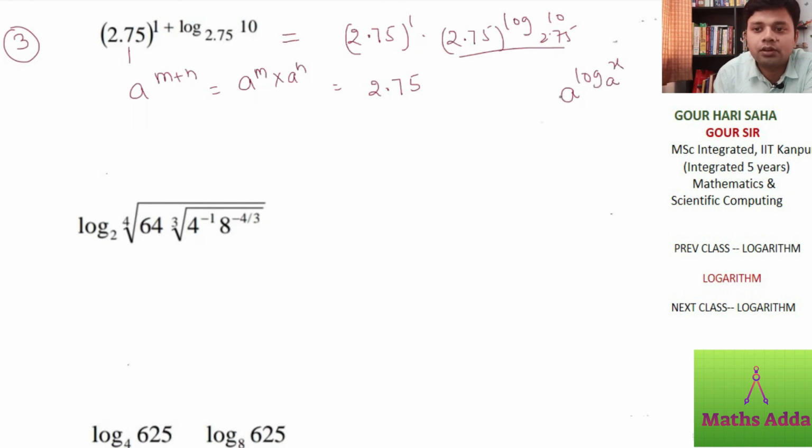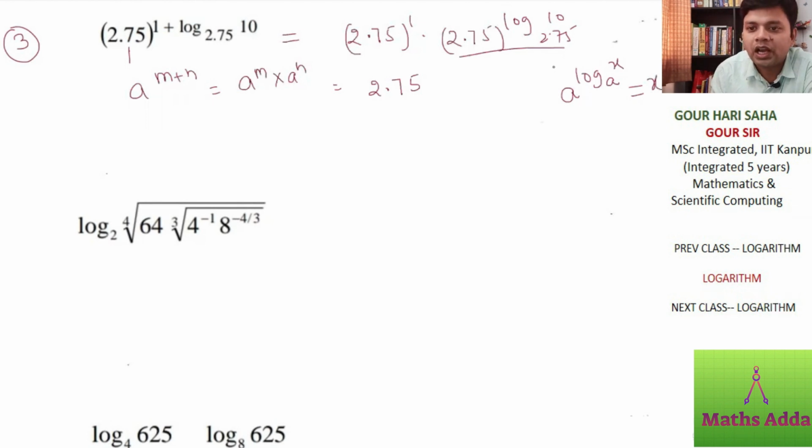You must write all the formulas in your notebooks. So if I'm writing a formula here, go and check whether I'm writing it correctly or not. A to the power log of x base a. What did I say? This is a to the power something, exponential form, and this is log of x base a, logarithmic form. This cancels. It gives you a very simple term, that is x. So you can say this kind of cancels.